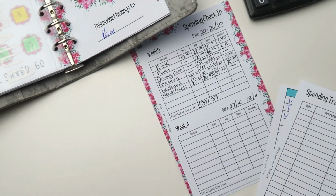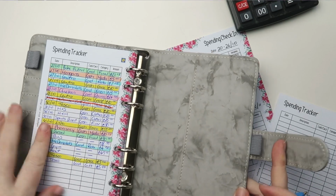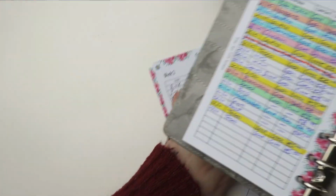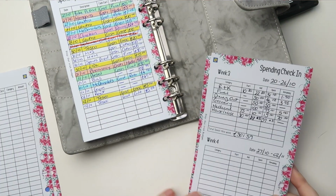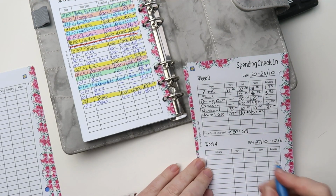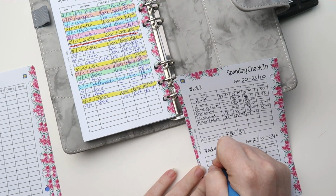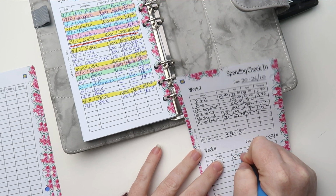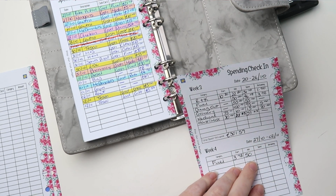And if we zoom it back out just a little bit, this is the spending that we did for this week. So I color coded just to make it that little bit easier for myself to figure out how much should be going to which area when I do this check-in. So the first thing we have highlighted here is green, which is our fuel category. So fuel started with €3.98. We added €50